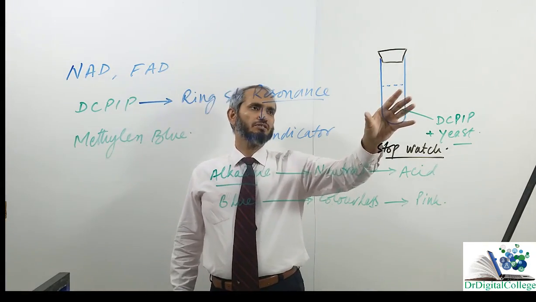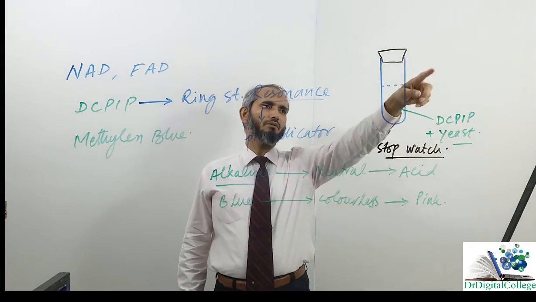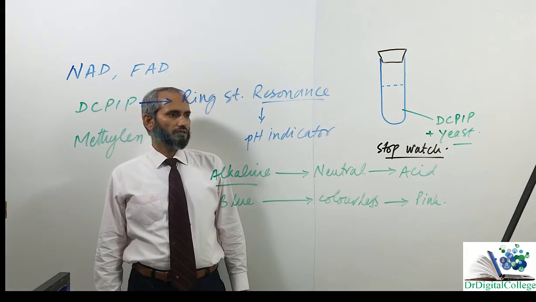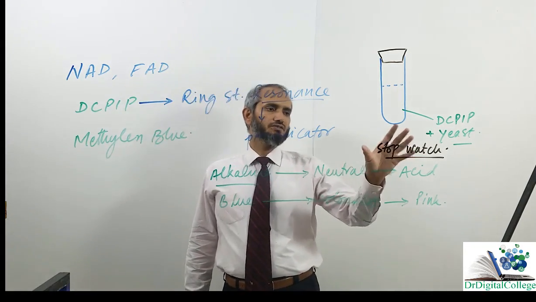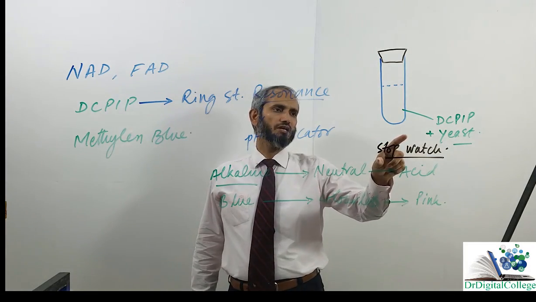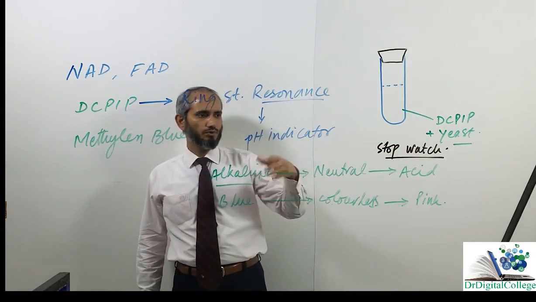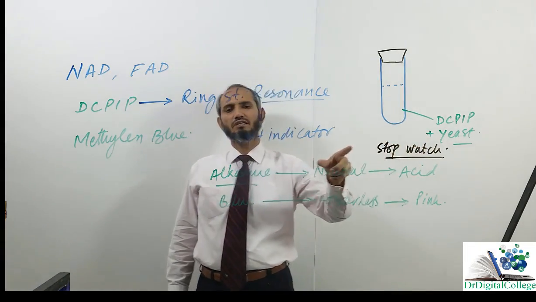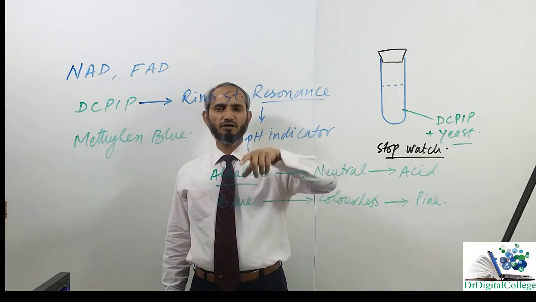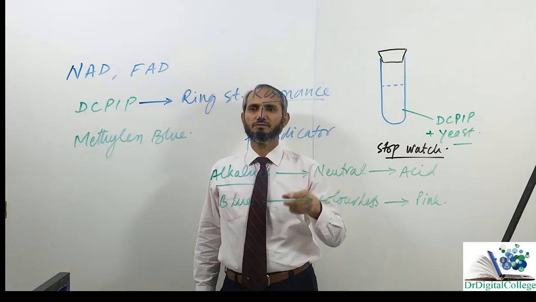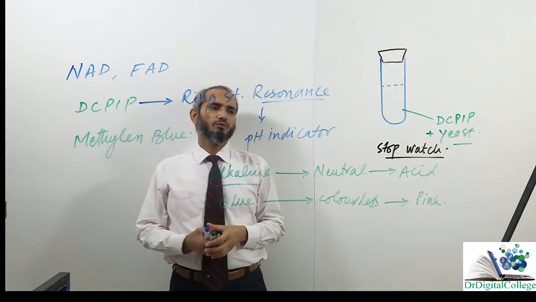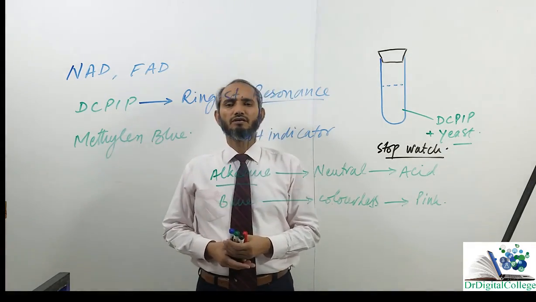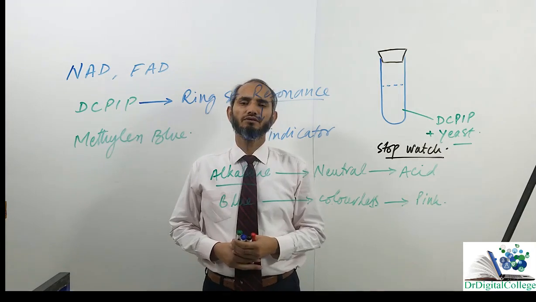We can change the temperature of this test tube by putting it in a water bath. At different temperatures, we can study the rate of respiration. What are the different factors which could affect this rate of respiration, and what is the overall protocol of measuring it? We will study this when we use a simple respirometer. There I will tell you what variables will be affecting this process, which need to be controlled, and how we will perform it